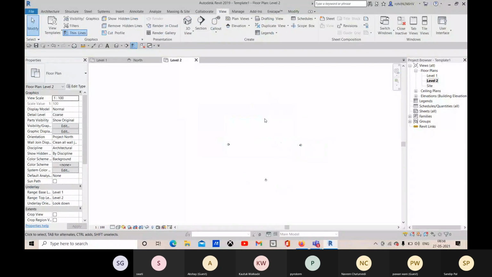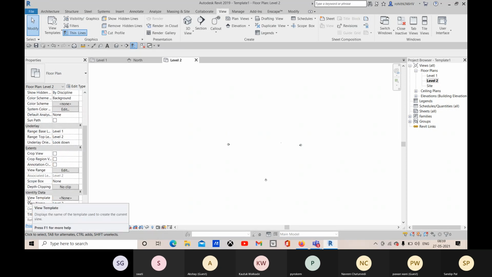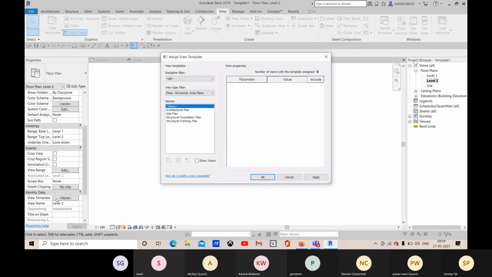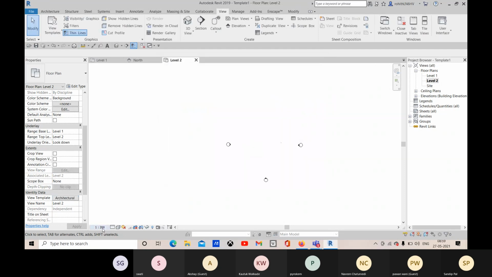And here you can create another. So right now I'm not creating. So here you can see that for this level 2, I'm right now having this 1:100 scale. The detail level is set to coarse, the visual style is set to hidden. So I don't have to change it one by one. What I can do is go to this view template, click here, and just select the right template, and here you can see everything is applied.